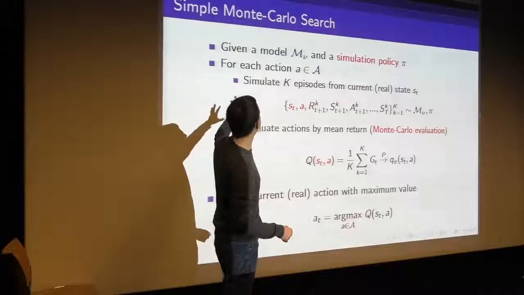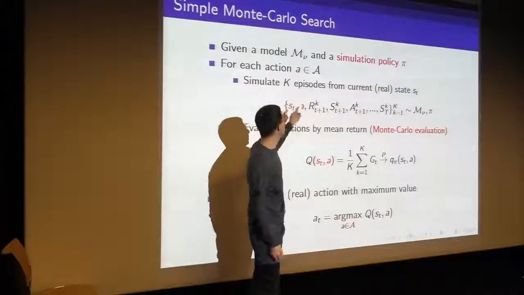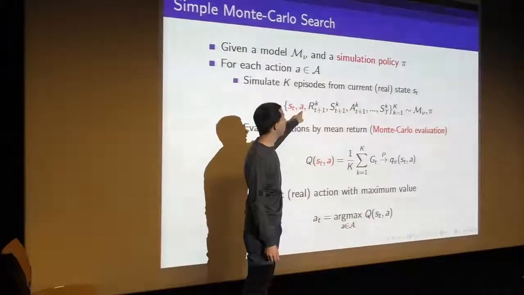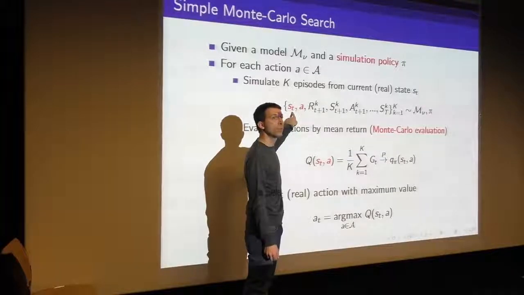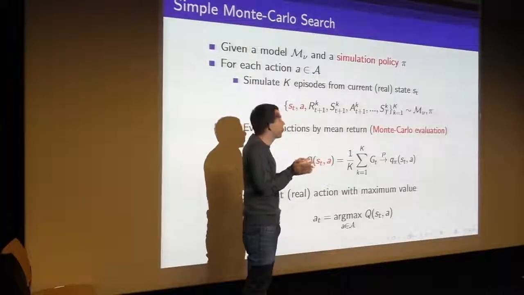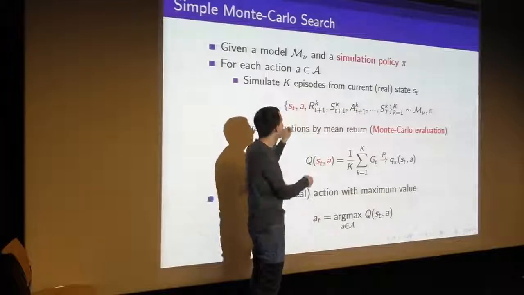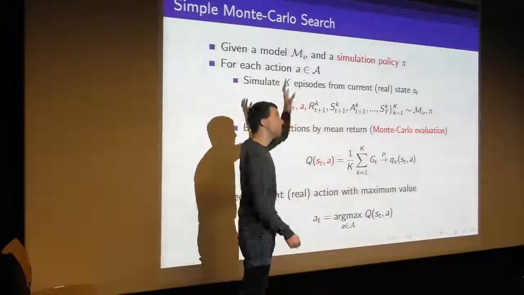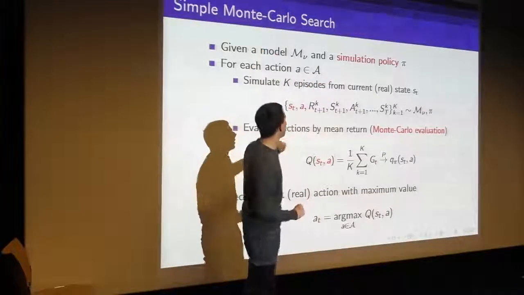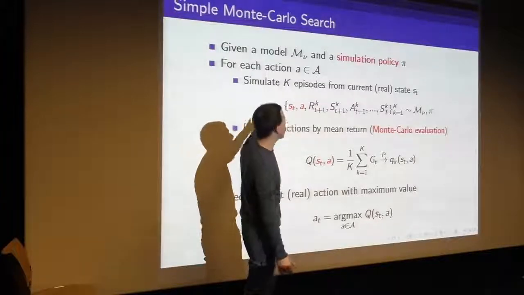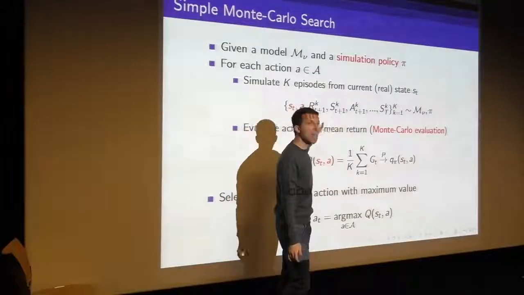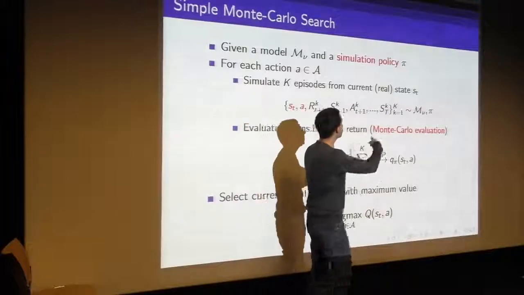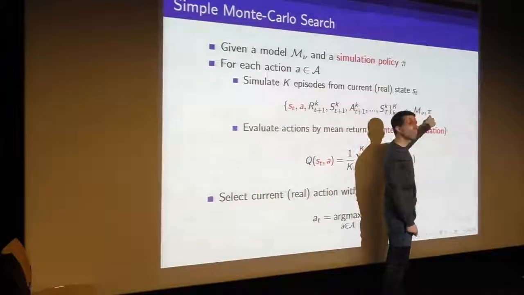And now what we're going to do is consider, from our root state, all the actions we could take from that root state. So we just consider the root of this tree. I could take an action: I could go left or I could go right. I could move my hand here or I could move my hand here. And for each one, I'm going to generate big K episodes by sampling from our model and from the simulation